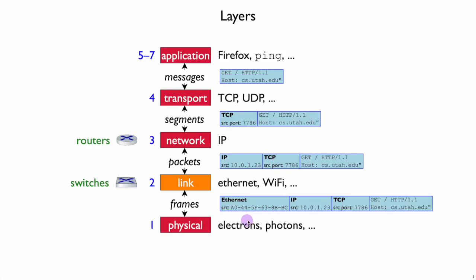Since physical things can go wrong, we're going to have some error checking on these link layer frames, just like we had checksums on the transport layer segment and network layer packets. At the link layer, we're going to have a kind of checksum, but this one is called a CRC, for cyclic redundancy check. And the reason we use something different here is because the kinds of things that go wrong between the physical layer and the link layer are a little bit different than the ones we expect at the